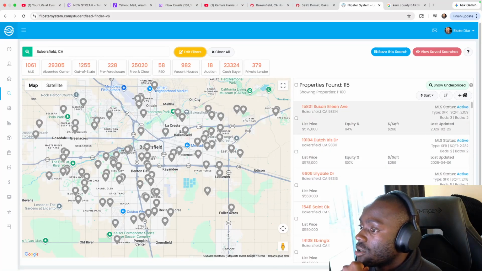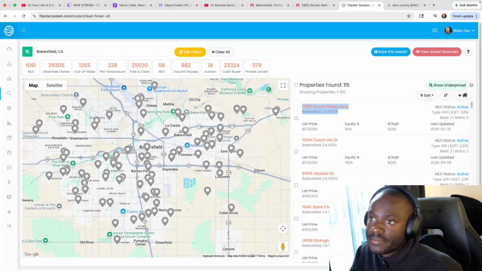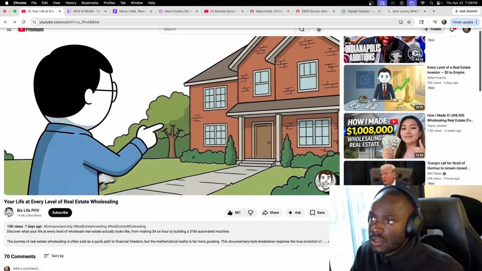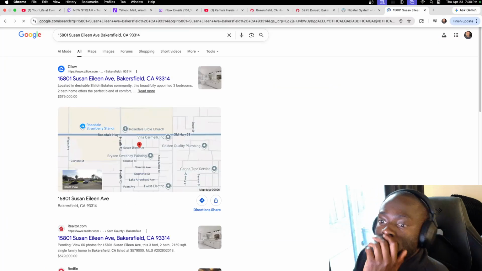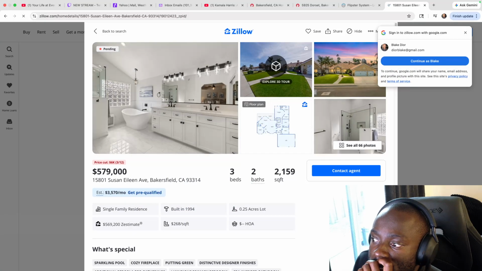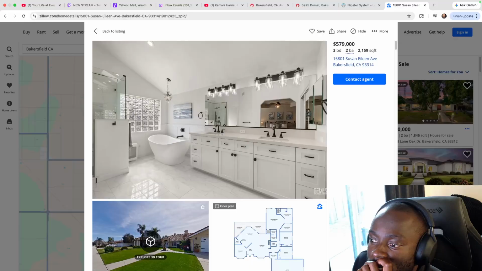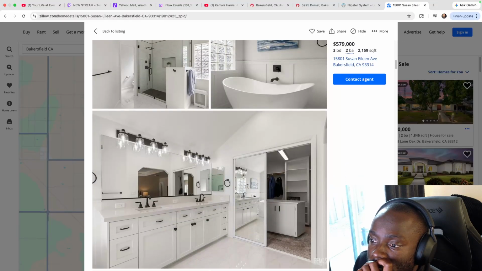So these are all homes that are on market. Now, the next thing that I want to do is find out if these homes are in tip-top shape, because some of them are. Like this one is a brand new home. So that's going to be the fun thing. This is actually really nice.